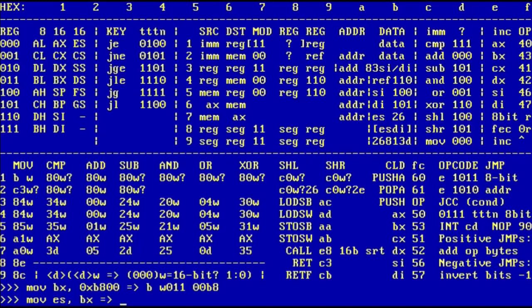But in the case of the segment registers, we always have the segment first and then the register, no matter whether we put register to segment or vice versa. I don't know why that is so, but that's just how it works. Okay, so